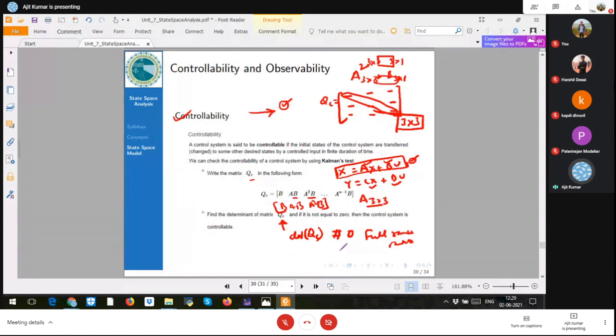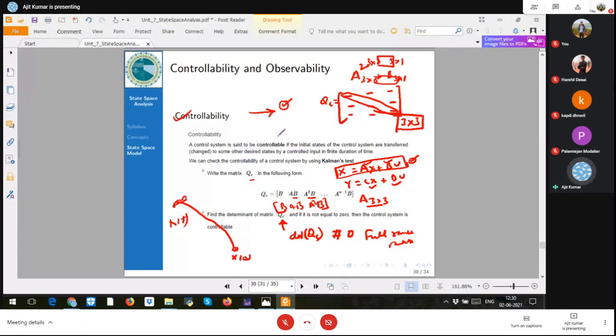Okay. And we also saw two major concepts, which are controllability and observability. Controllability is just like the opposite of observability. It says that if from the initial state the system can go to any desired state, if you are at initial state x0 and you want to take your aircraft or system to any desired state x of t by a controlled input, then we can say the system is controllable.